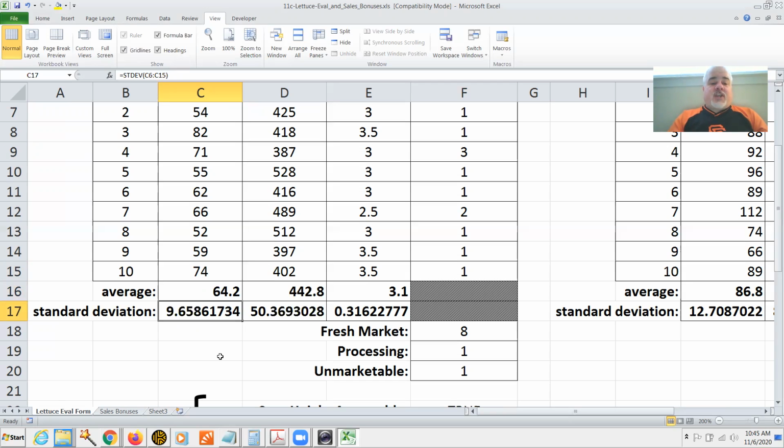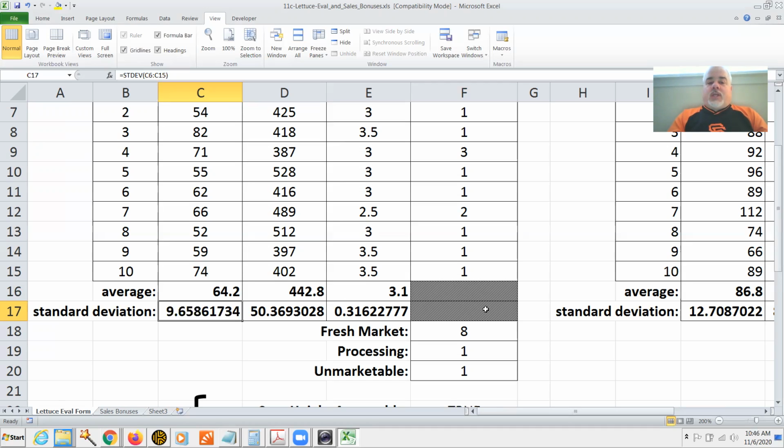And the size of standard deviation is going to depend on the size of your numbers. You notice that the standard deviation for these numbers in the 50s through 80s is around 10. The standard deviation for these numbers in the hundreds is around 50. So that doesn't immediately tell me that this is much more variable. It's based on larger numbers. So I have all of the averages and all of the standard deviations for every one of the first 3 values, but it doesn't make sense to me in this category